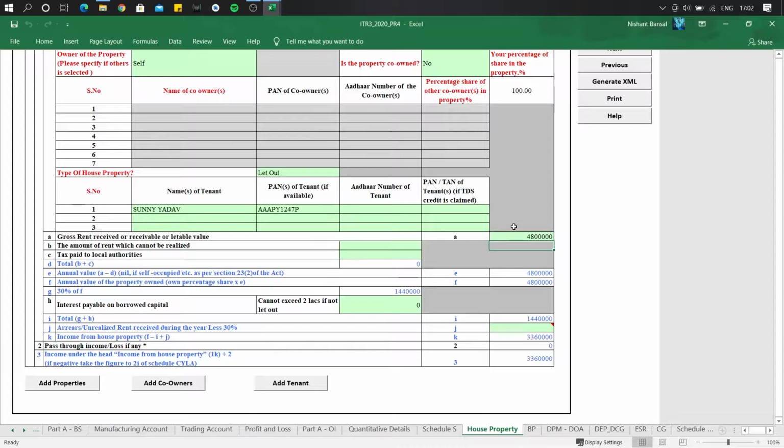Municipal taxes due and municipal taxes paid is given. So we have to make sure that we take the figure of municipal tax paid only. Because municipal tax due is not taken into consideration, we have to consider the figure of municipal taxes paid, and that too by the owner in the previous year only. Since nothing is mentioned, we'll assume that the municipal taxes have been paid by owner in the previous year only. So it is 1,40,000.